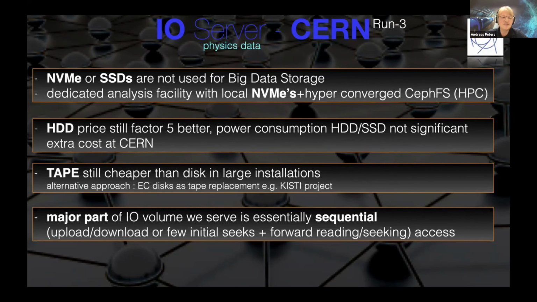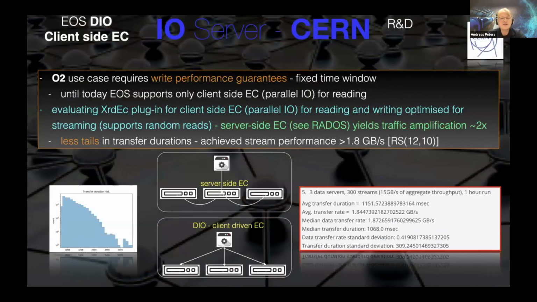essentially sequential. So you have people uploading and downloading complete files, or you have this typical ROOT I/O pattern that there are few initial seeks and then you go forward seeking in the file, either take the whole file or you just look for parts of it. But still, this is quite friendly for hard disk. So what I was saying about this O2 use case is